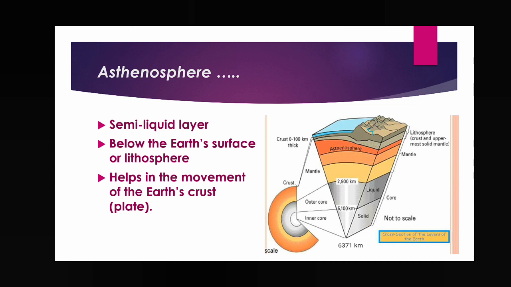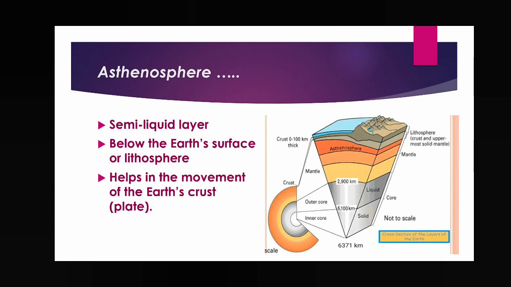That means our earth's crust or the lithosphere, which is in solid form, is moving. It is not constant at its own place. It is moving from one place to another place, and this moving part of the earth's crust is also called a plate. So it is the clue. That means today's topic is the movement of the earth's crust or lithosphere, and also the plate. So it is the topic of discussion of today.